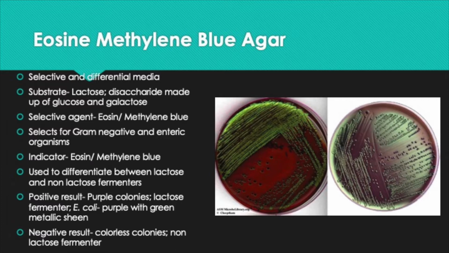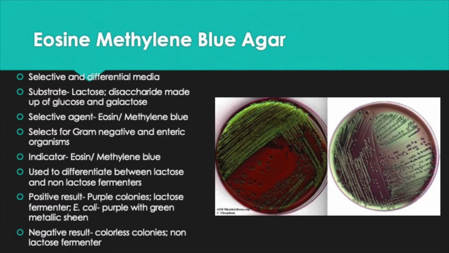It is metallic. And E. coli is the only organism that does this. So if you think that whatever bacteria you're dealing with is E. coli, then streak it on EMB, and if you get purple colonies and you get a green sheen, then 9 times out of 10,